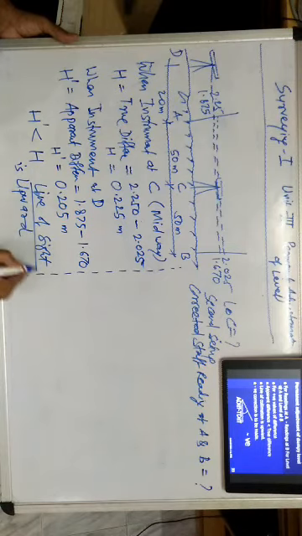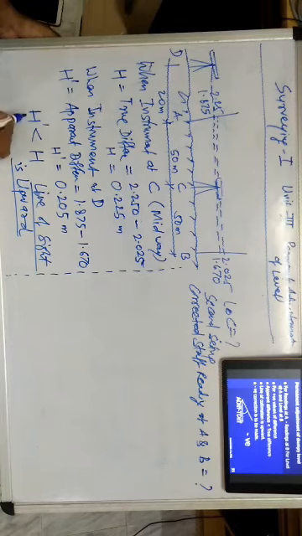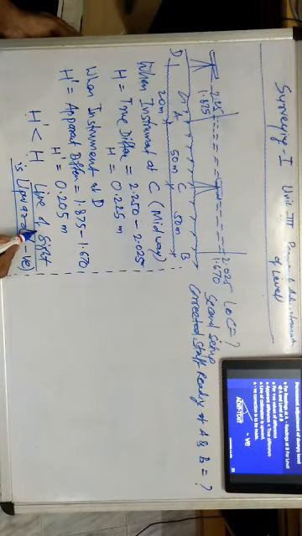That is the important conclusion we have to draw, and we know it by comparing the value of the true difference. When the apparent difference is less than the true difference, we can conclude that the line of sight is upward, and in this case the correction will be negative. We have already seen the formula for this. So from the given data, the first observation is that the line of sight is slightly upward. Because of that, we have to make the correction negative.